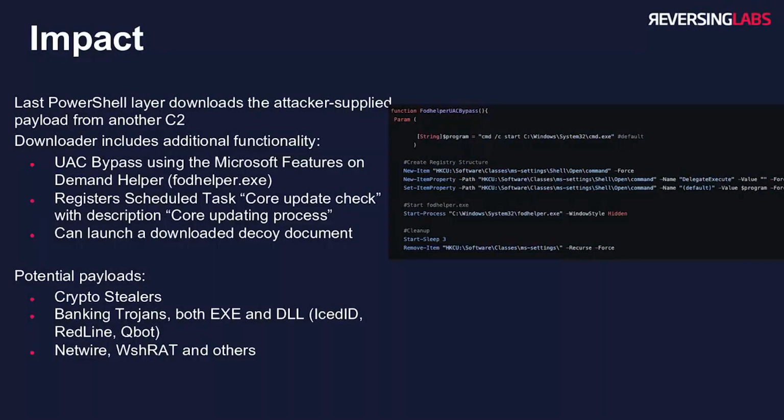So you've made it to this last stage. You've downloaded the final payload. What usually are those payloads? Both of the tools seem to support execution of DLLs, EXEs, PowerShell. What I found looking at all these samples and hunting for them is that typically they were dropping IcedID, Redline, Qbot,